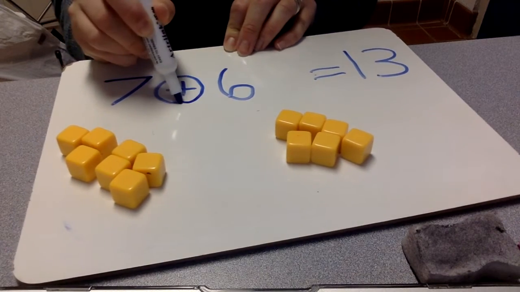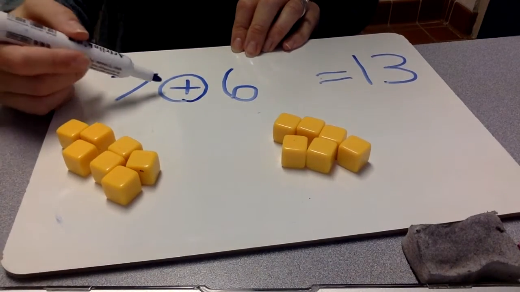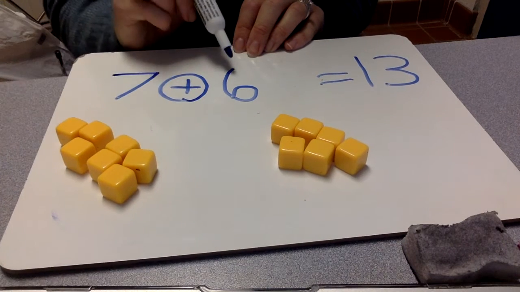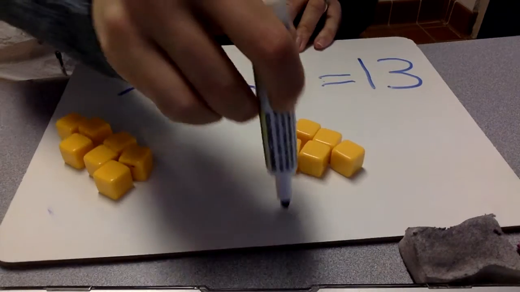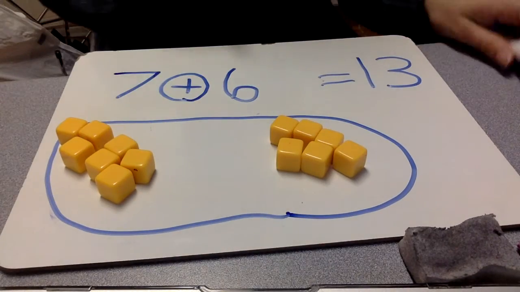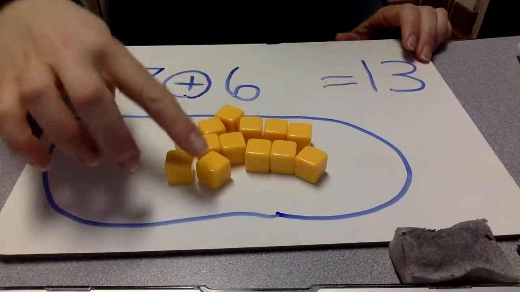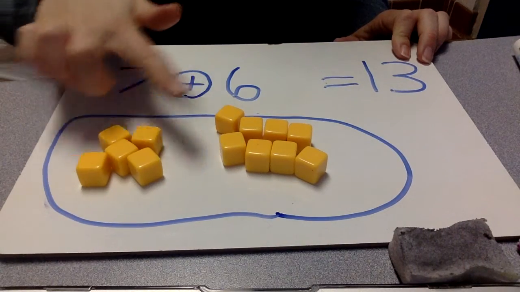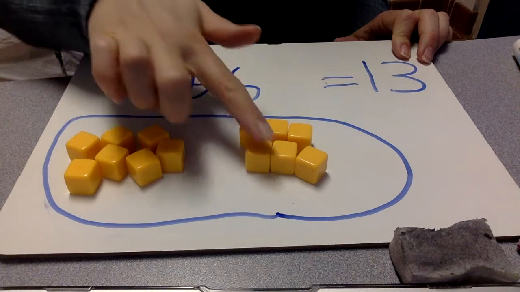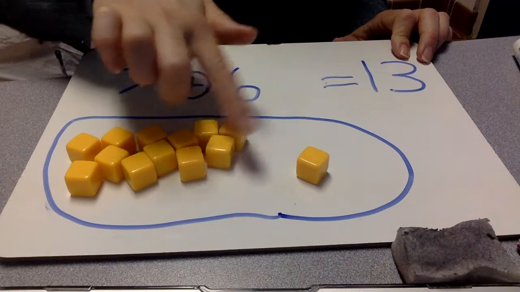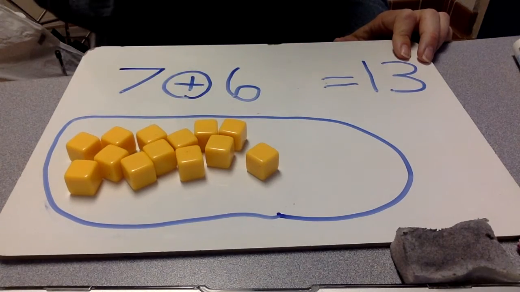What does this say? 7 plus 6. So that means we need to add them all together. Count with me. 1, 2, 3, 4, 5, 6, 7, 8, 9, 10, 11, 12, 13. Okay, that is how we got